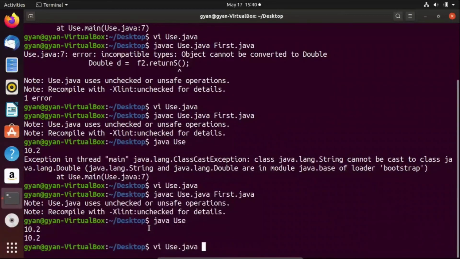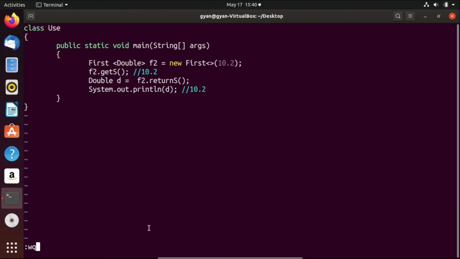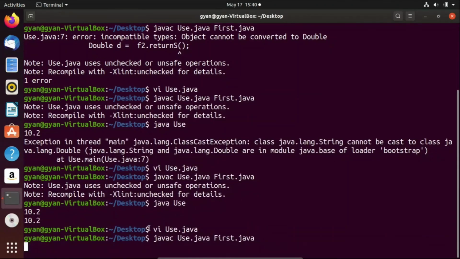But at last, if you provide the proper type argument, then you do not need to worry about the typecasting. The compiler does the typecasting by itself and the program executes fine.